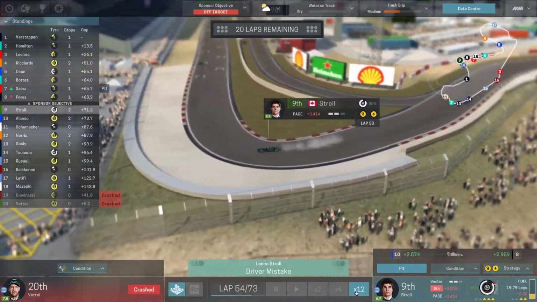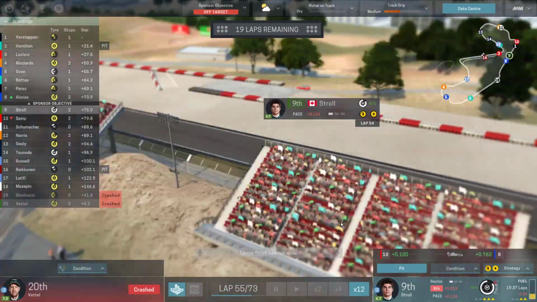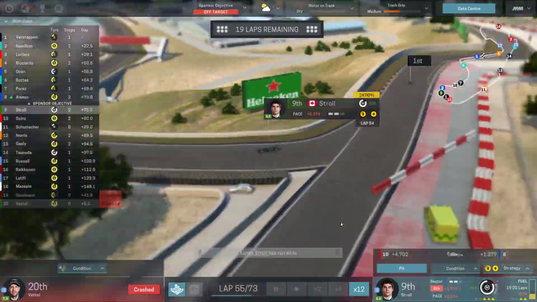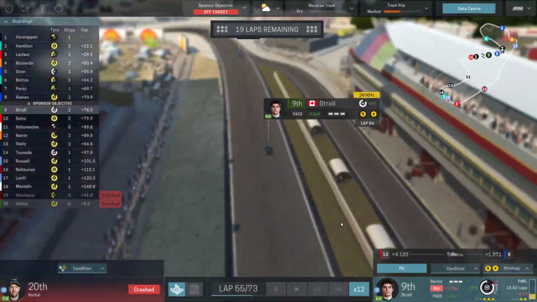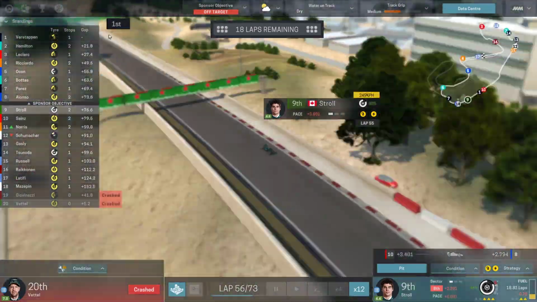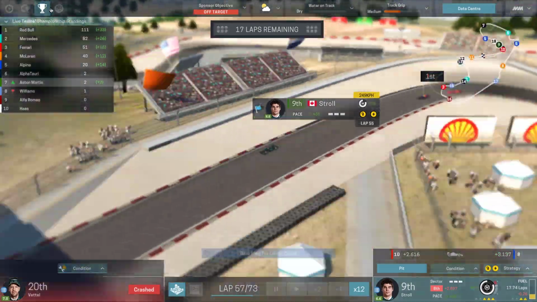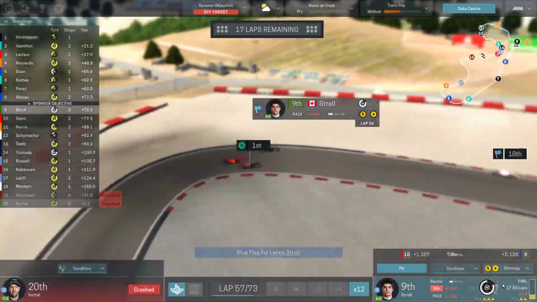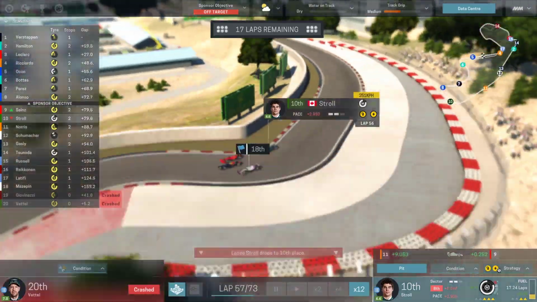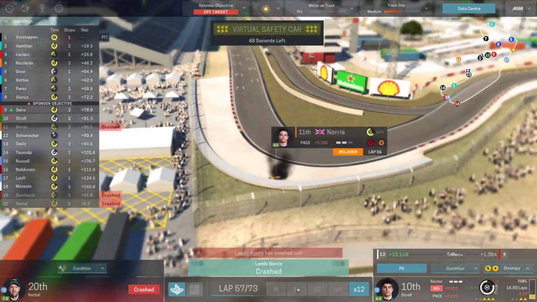Looks like Lance Stroll driver mistake, and we lose a spot. Just as I was talking up how good he was as a driver, he makes a massive mistake, but that's fine. Hopefully we can still hold on to at least a point-paying position because we need that badly. You can't be below Williams for too long in the season. Blue flag for Lance Stroll. That means we get another lap of fuel, and we get overtaken by Sainz, who chooses...